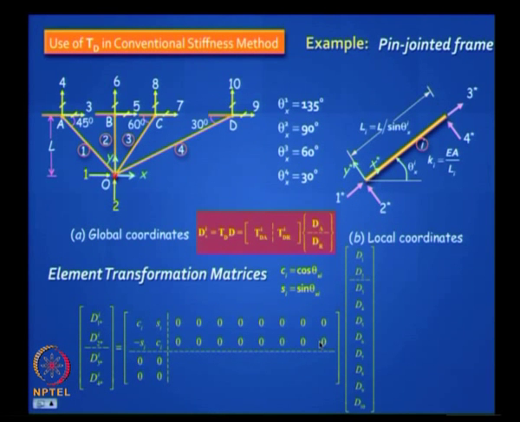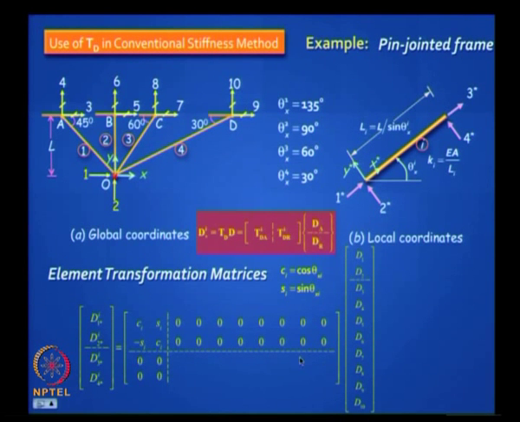This is my TD matrix, and on the right side I put all the elements that are there in this, all the coordinates in the structure, global coordinates. There are 2 active coordinates and there are 8 restrained coordinates, right. So the size of my TD matrix for any element I, there are 4 elements, is 4 by 10. 4 by 10. In case, are you getting it? It is simple, it is 4 by 10.